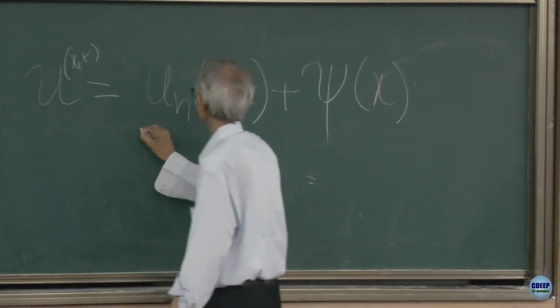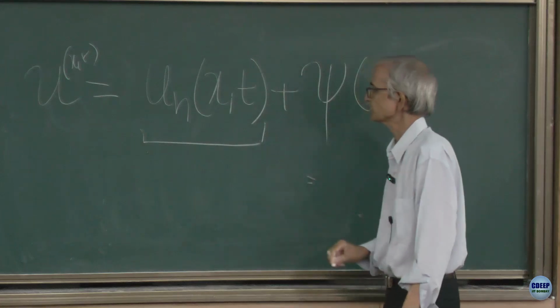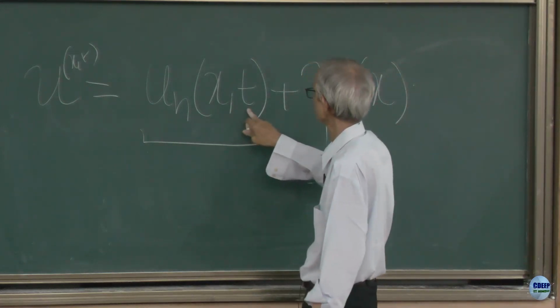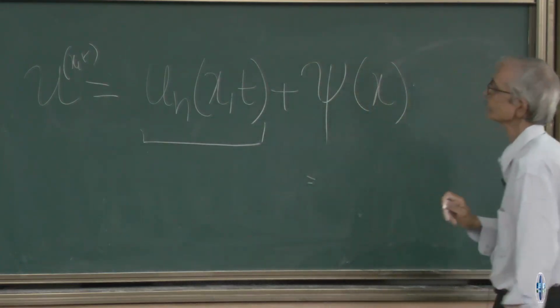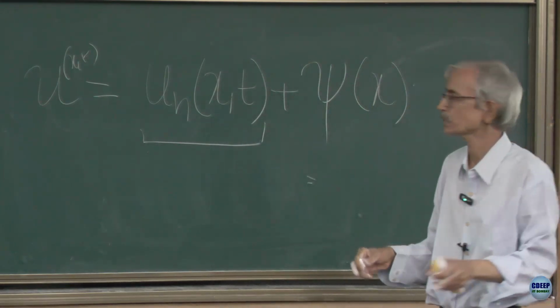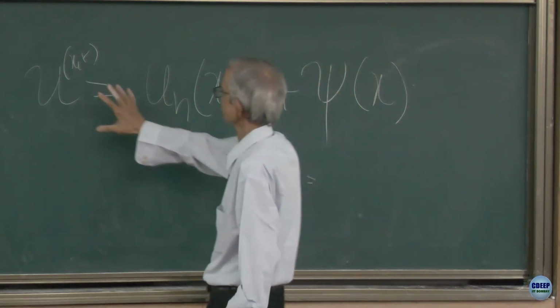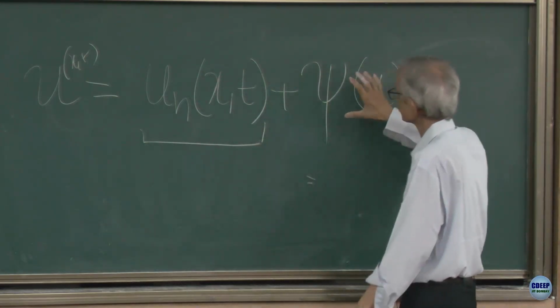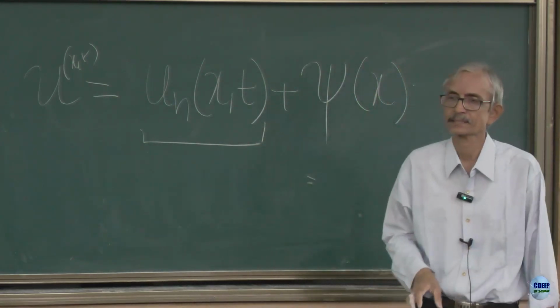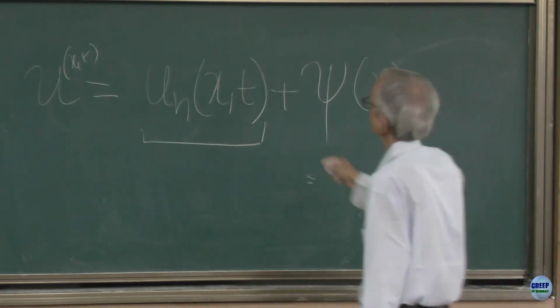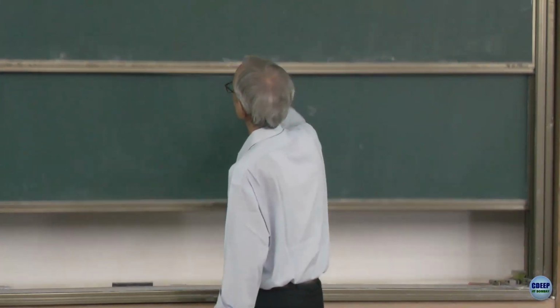We are assuming that it's going to be u_h of x and t plus psi of x. Okay. On the face of it, it looks like we have done nothing. We have replaced somebody who is x and t with another guy who is x and t and another guy who is x. Okay. But it turns out it gives us a major simplification, which is,